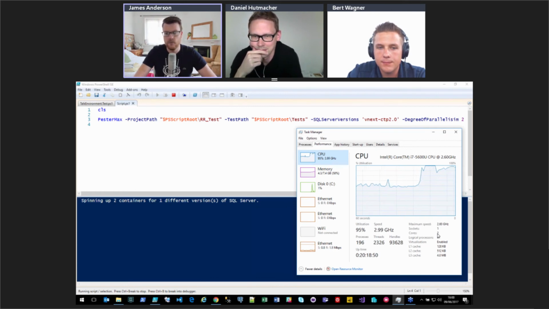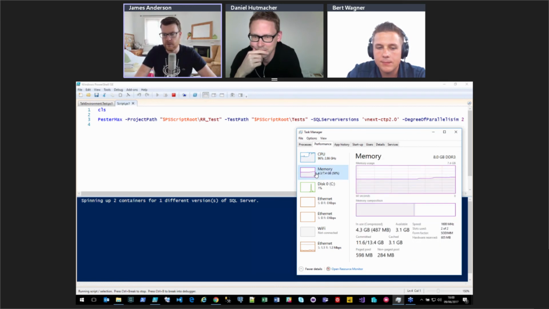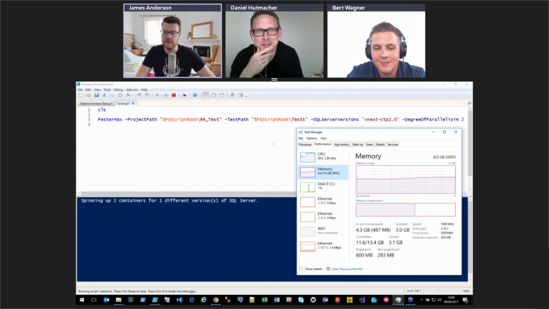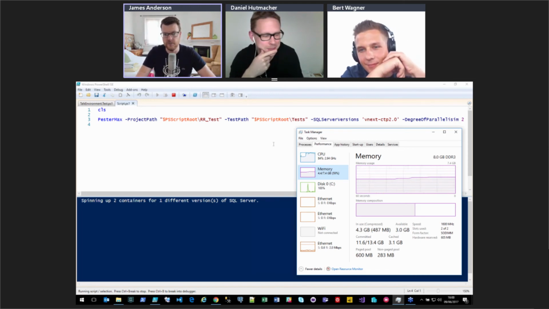But we'll show you that this does work. We see the memory starts coming up a little bit here as the containers are booting up. So what my Pester Max script is doing at the moment is looking at how many scripts I need to execute, looking at how many containers it needs to boot up. It's then running the Docker commands to